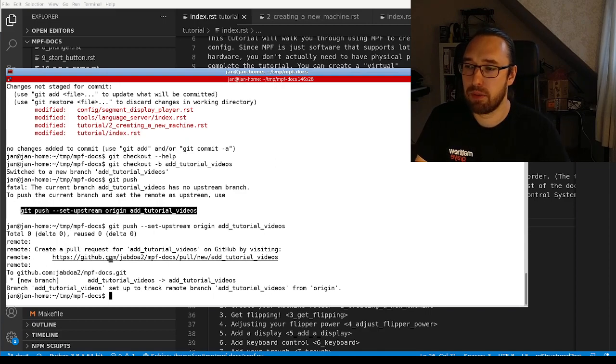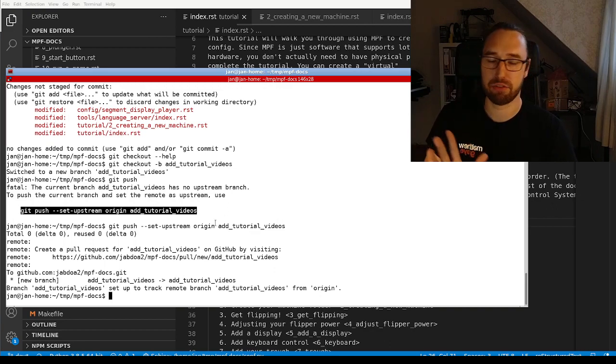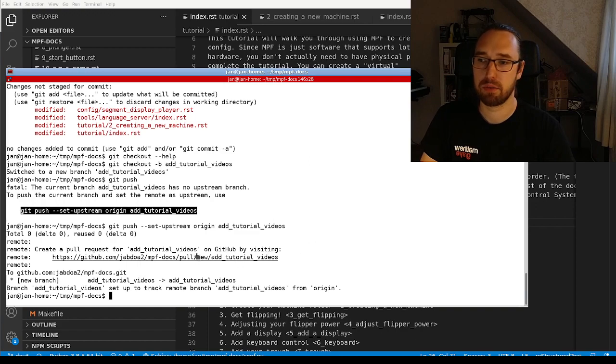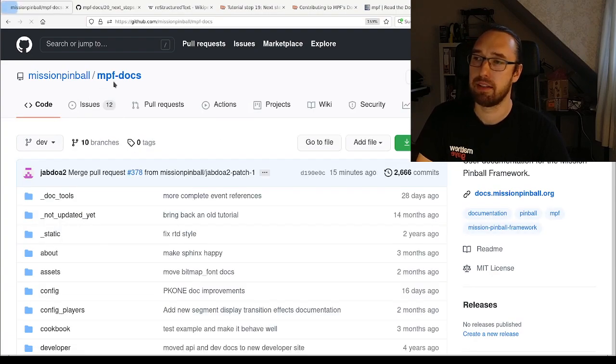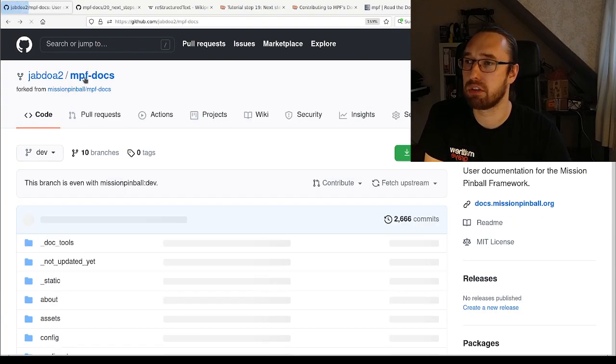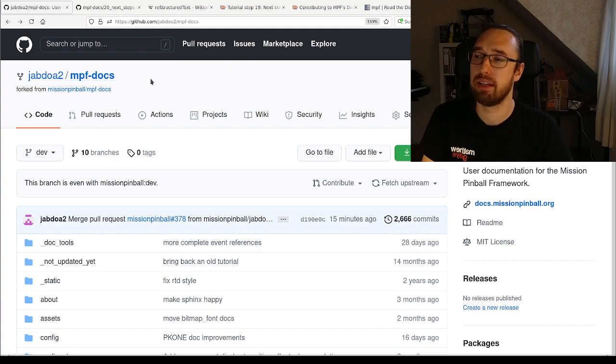So it gives you a link here to create a pull request. I could now click this link, and I will do this in a minute, but I will also show you how you do it differently. So the easiest way is now to click this link here. Alternatively, you can also just go to Mission Pinball mpf-docs. Or you go to your fork. So I go to chapter 2 mpf-docs. And now